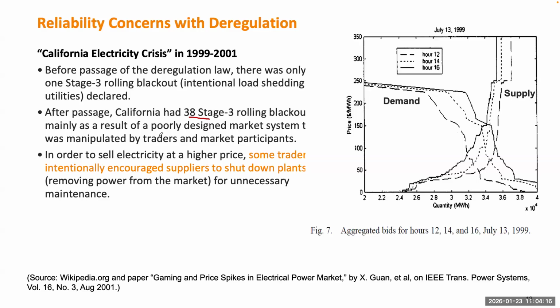This figure has two types of curves. One is roughly monotonically increasing, which is the supply curve. There are three supply curves. The solid line is what happened at, let's see, 16 o'clock. The broken one is what happened at 12 o'clock. So you see there's some change in the supply curves. Each supply curve tells